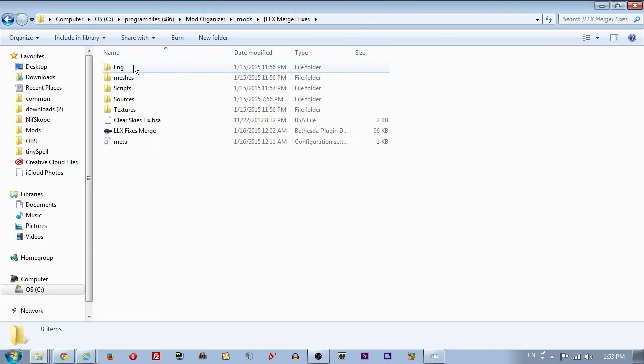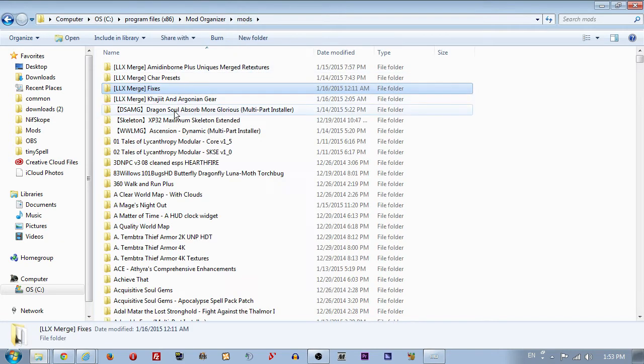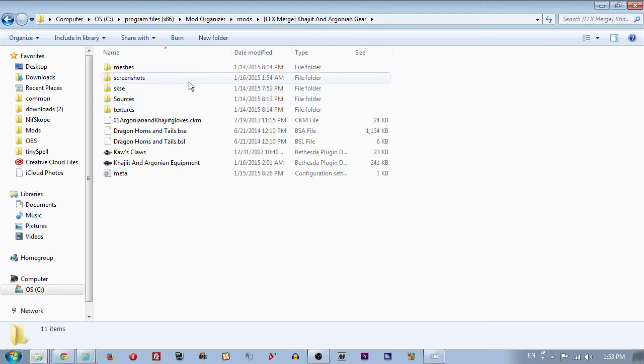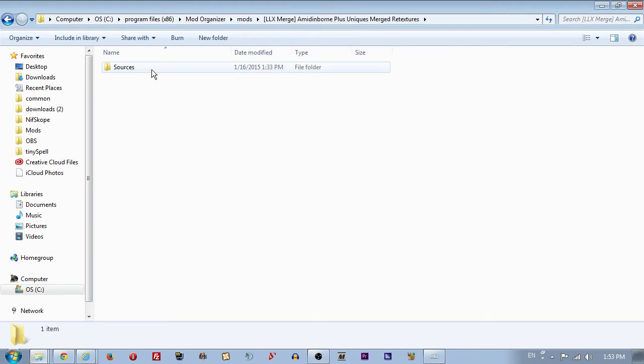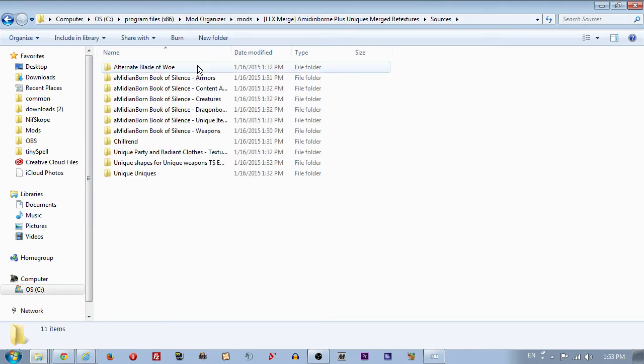If I go to fixes, you'll see that I have all these BSA files. I have all of these meshes and script folders, and then I have the sources, and so on and so forth. The sources is there, but I also have all of the files set up how I want them. So in order to do that, we're going to need to go to Immediate Born, our created file. We need to go up to the sources, and we need to